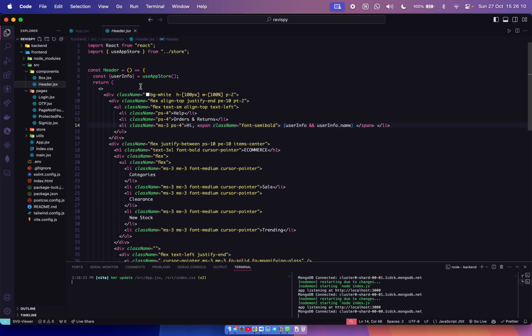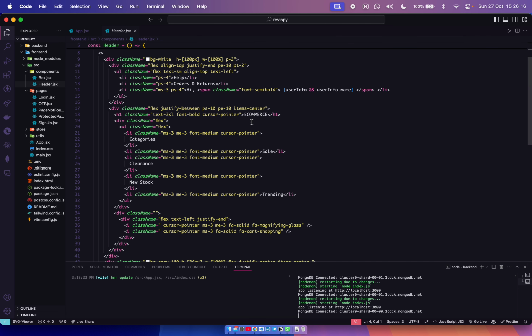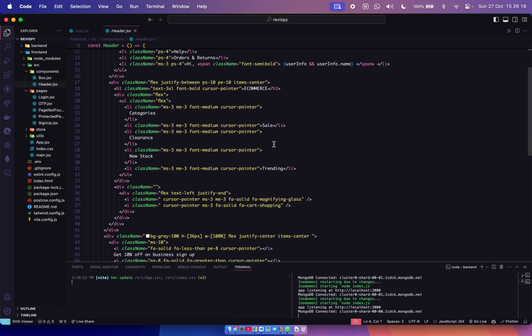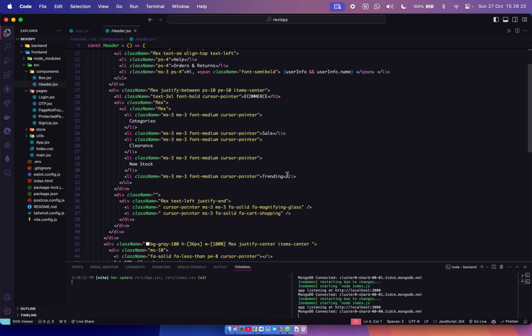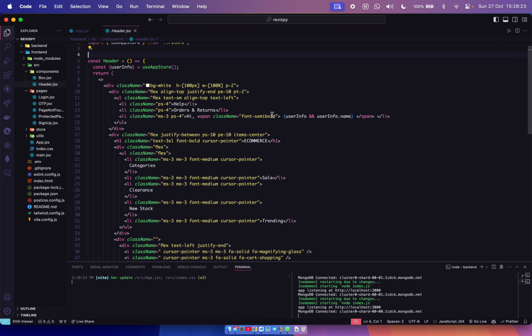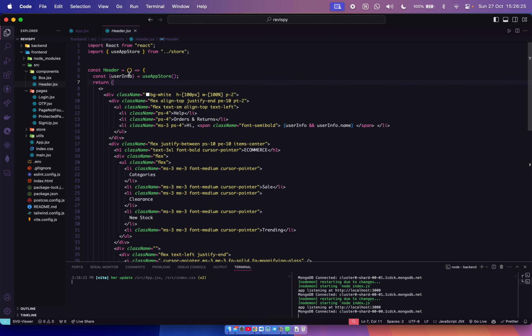First of all, after this we are having the header, which has nothing much functionality, just simple UI, and user info is accessed over here to display the name of the user at the top right.